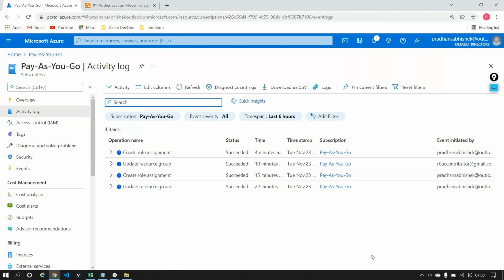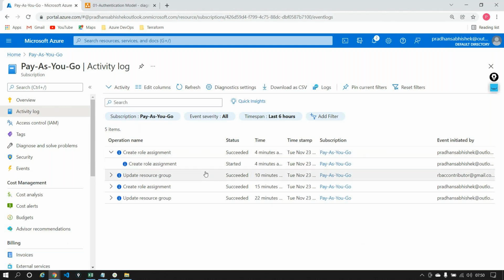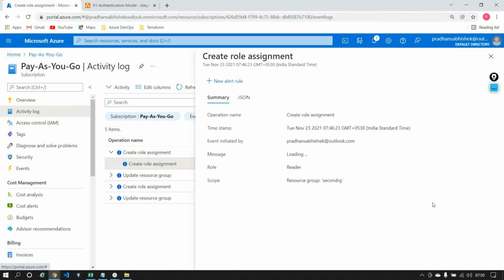All right. Now, do you see now? It's there. My name is there out here. And I have something known as a create role assignment out here. And in here, if I go into detail, now it's telling shared with RBAC reader, resource group second RG. And this is a reader permission that I went ahead and added. So it's telling who added it, meaning I added it.